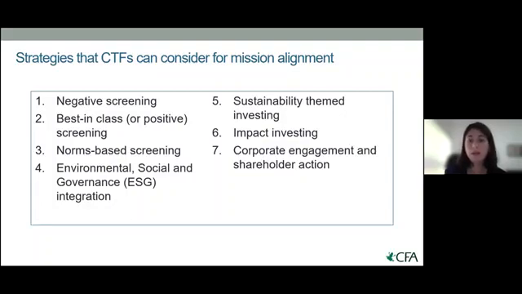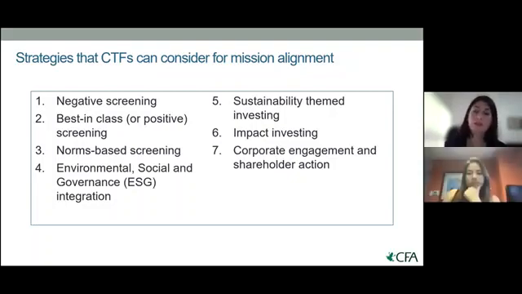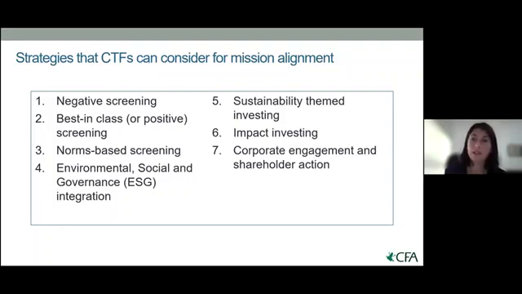If we talk about impact investing, a CTF will need to first analyze whether it is able to do this type of investing, basically investing with impact, but also to generate a return, and design a separate strategy for this and have a specific team in-house managing these investments, or entering into contracts with specific vehicles that would implement these